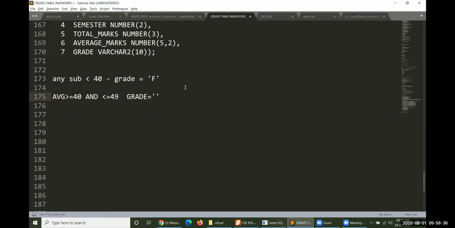A, B, C, D, E. I think E. Let us take anything, whatever it may be, otherwise D. And then if the average falls in 50 to 59, it could be considered as C grade.